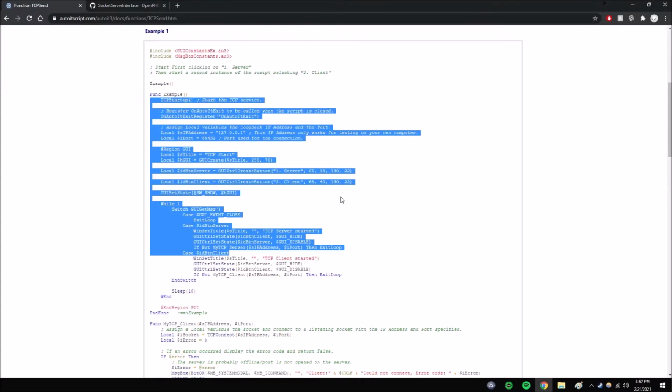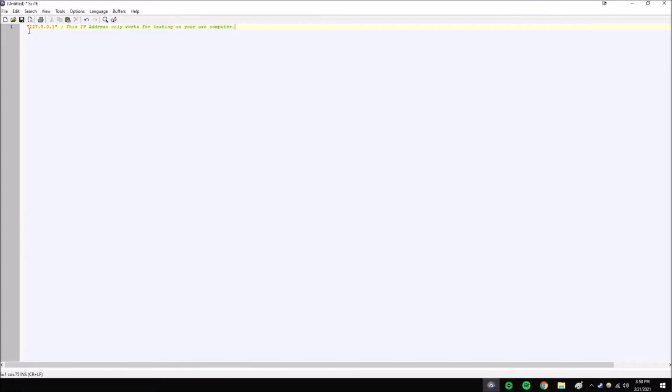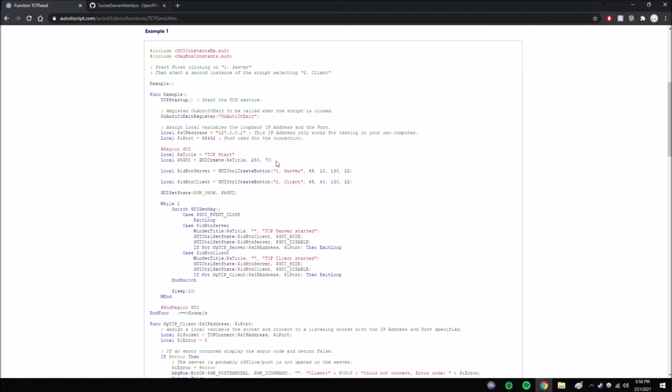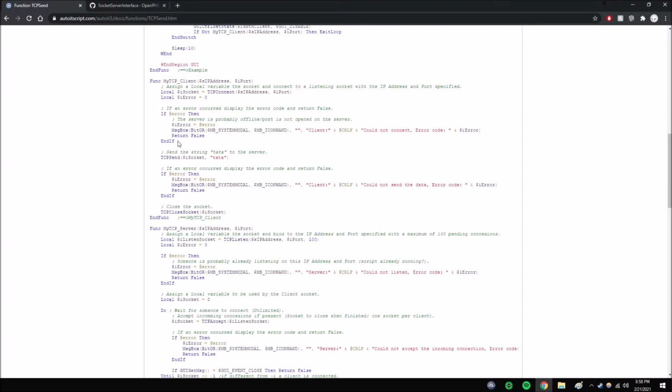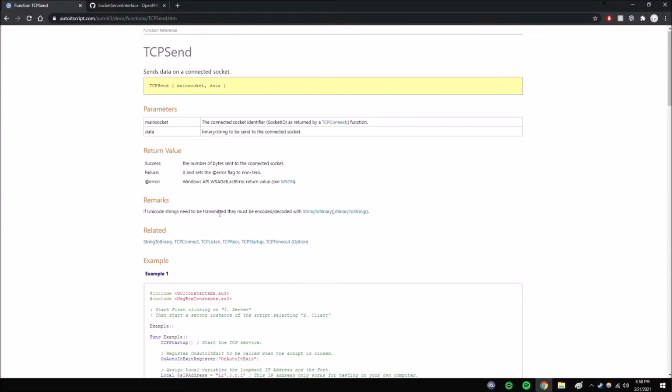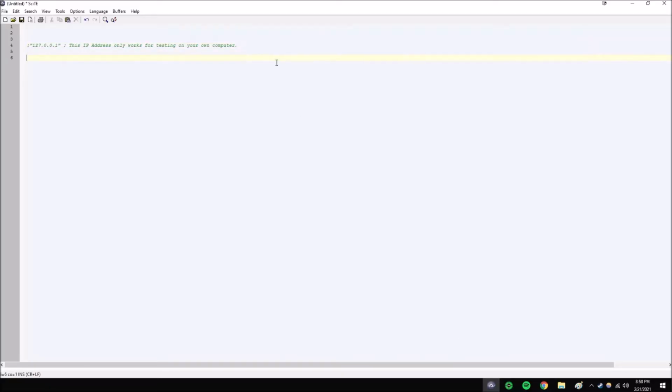And this is pretty intimidating looking. But a few things we'll need is this IP address, and you can just type this. If you put a semicolon there, it comments it out so it doesn't get incorporated into the code. So we've got that, and this is GUI stuff, so we don't need that. It should be around here somewhere. TCP listen, but declared somewhere. Yeah, right here. So here it starts up the service, which is what we'll be using. So it needs to start. So do that, and